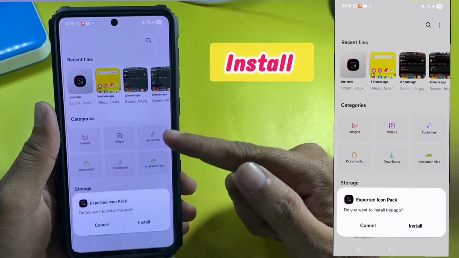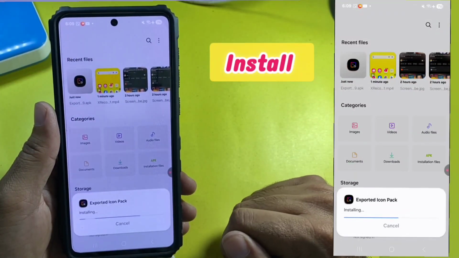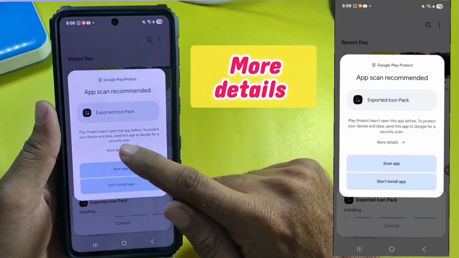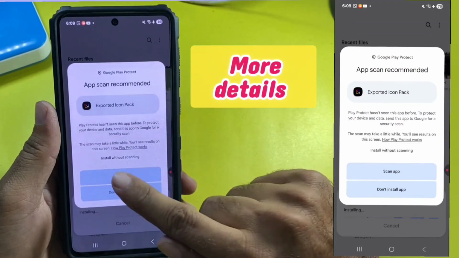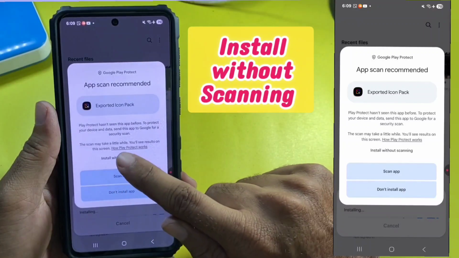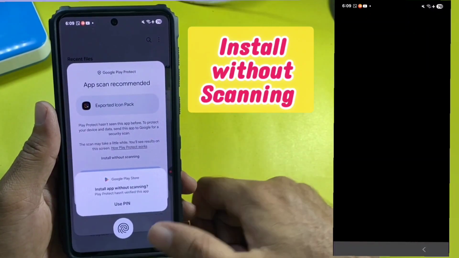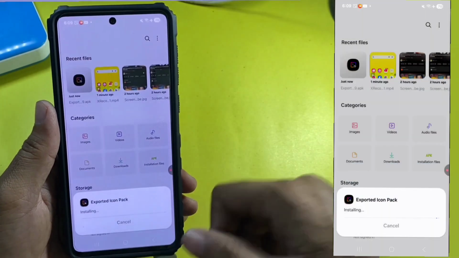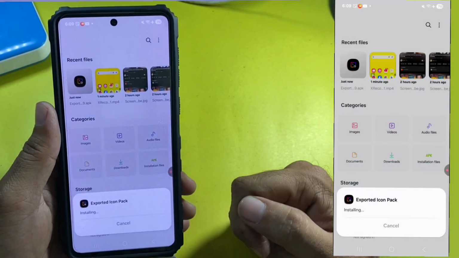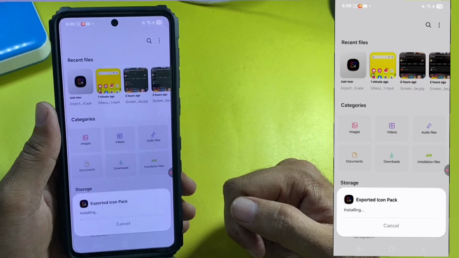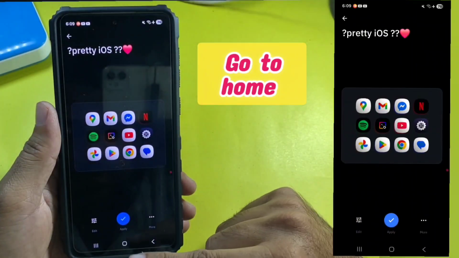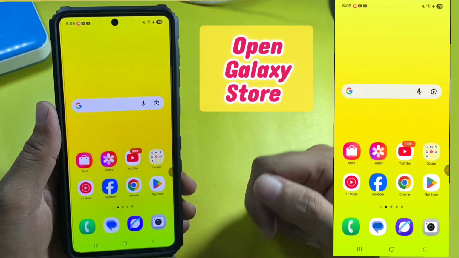Then open it and install. Select more detail, install without scanning. Give your password, phone password. Open, go to home,